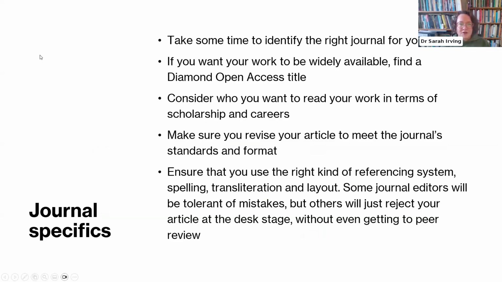Some of the things I'm going to say now are things that are applicable generally to the journal article publishing process, but some of them are particularly relevant to early career researchers and adaptations of PhDs. So firstly, always take some time to identify the right journal for your article.